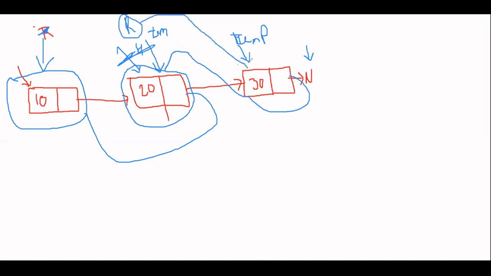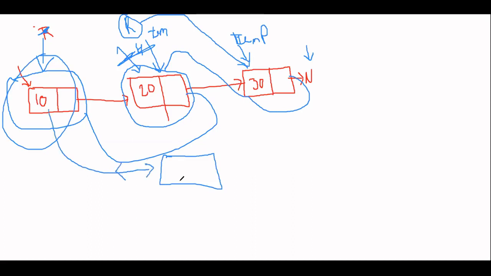So suppose we have a reverse head in the starting, and it will be null. What we are doing is removing nodes one by one from here and adding them to the front of our reverse head linked list. In the starting, reverse head will be null, so if we add our first node into the reverse head linked list, its next will be null, because reverse head is null in the starting.